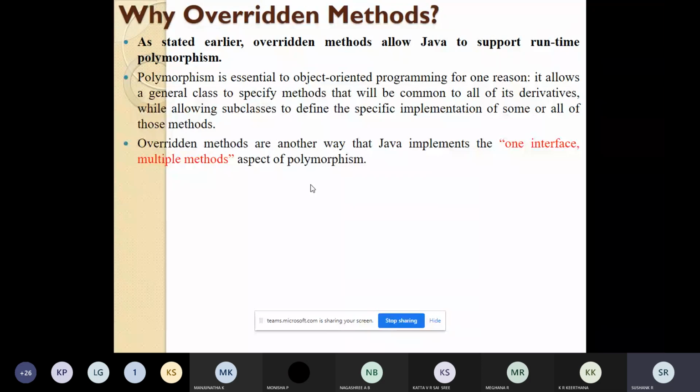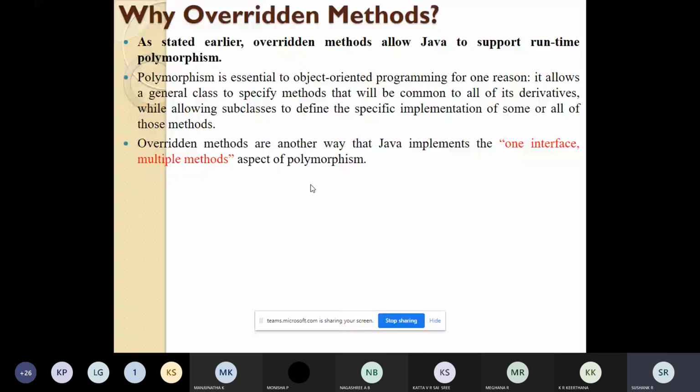Like we had three classes called A, B, C. All three classes had a function called display. Then we created the object for each of the classes. Then we created a reference variable and assigned to it. When the A object was assigned to the reference variable, the A class method was called. When the B object was assigned, the B class method was called, like that.